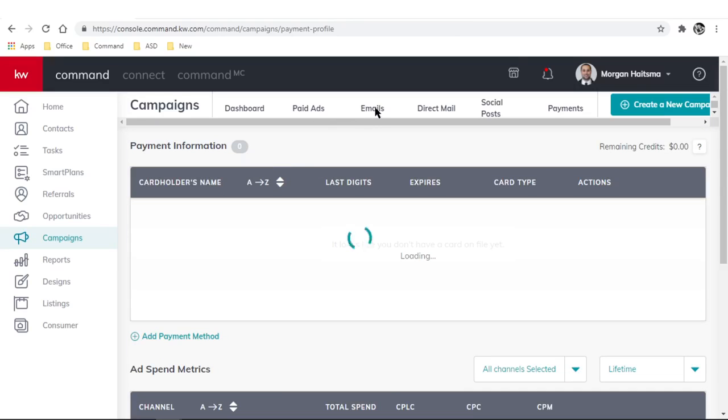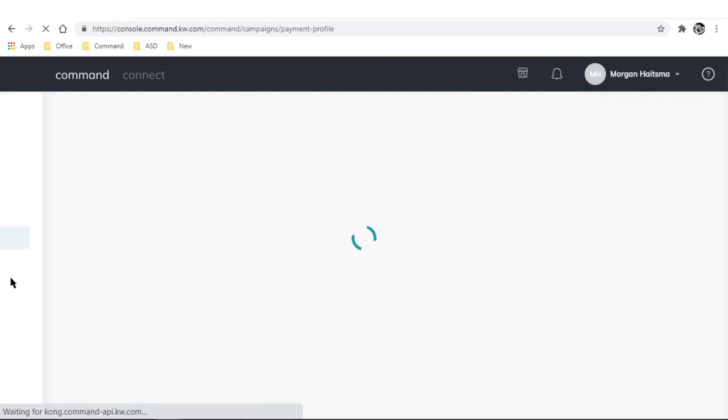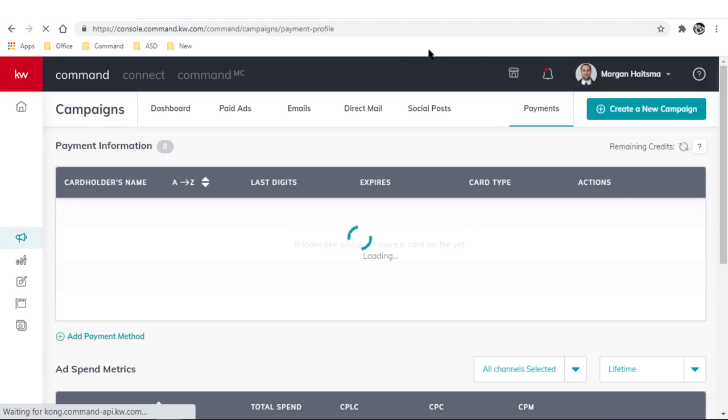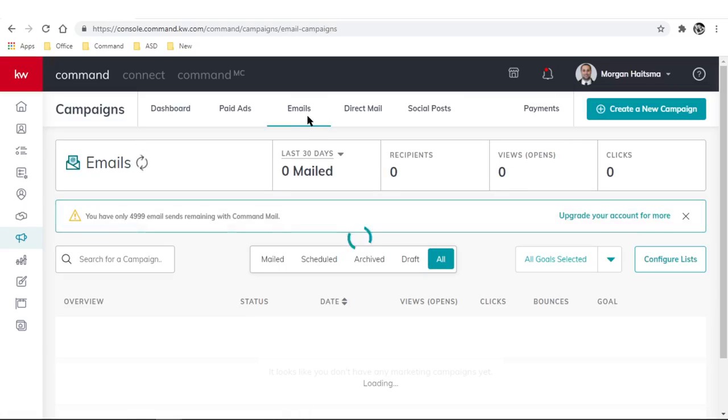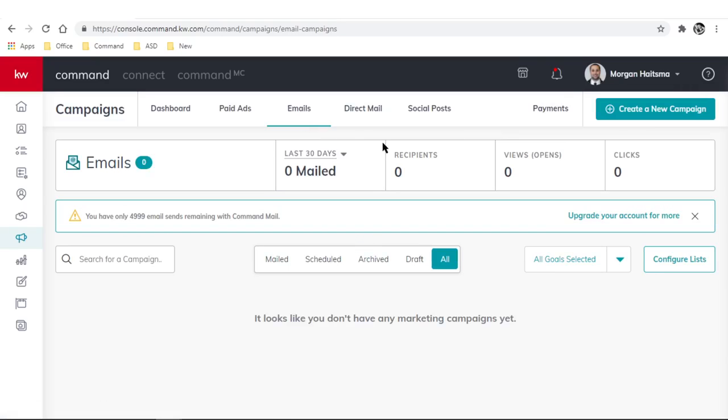Next I'm going to go over to emails right here. We might have broke the system. All right, we're going to go over to emails here. And emails are going to work very similar. Down below are going to be all the different email campaigns that you're currently running or that are drafted up. Right here it's going to show you have only